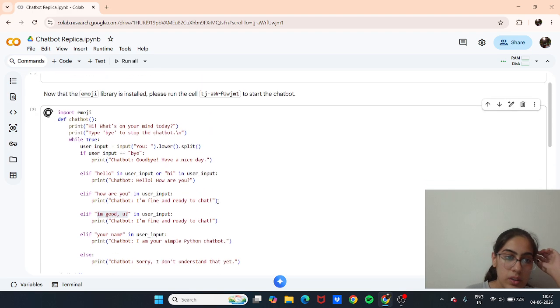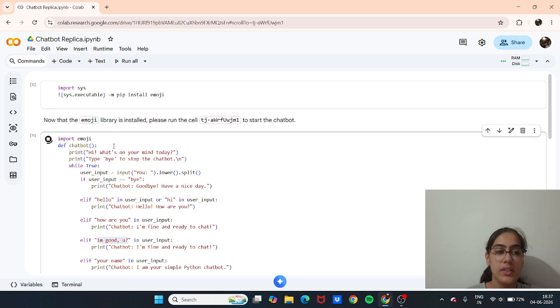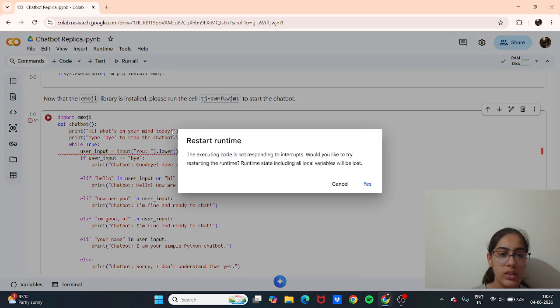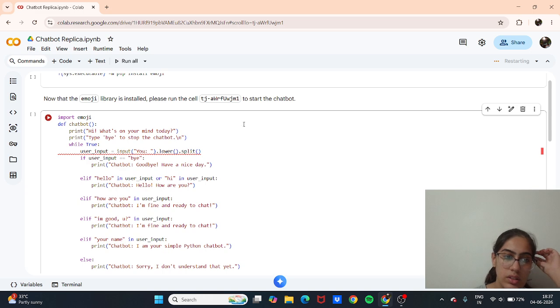Now I'm going to show you how to build this. Firstly, we'll create a class which has the name chatbot. You can put it as bot or chat or my bot or anything, it's just a class name. Now it will show this round and round running because the cell is practically still running, so I can just stop it over here. I can run it again and check it out.